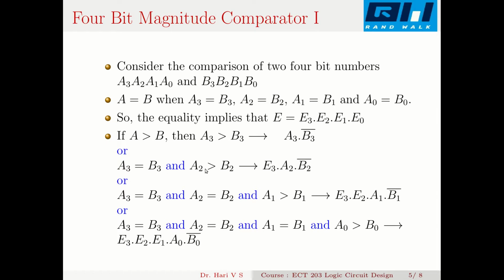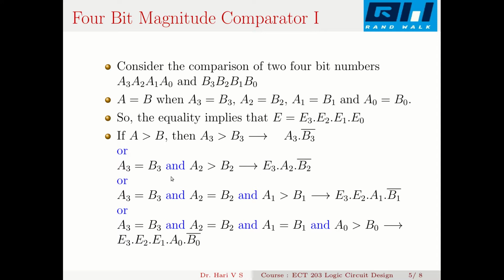Okay, both should happen. If A3 equals B3, like this is 1 0 0 0 and this is a 1, or like this is 1 1 1 1 and this is 1 0 0 0. Here A3 and B3 are the same, but A2 is greater than B2. So what is the logic function corresponding to this? That is